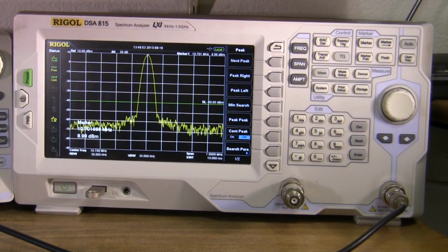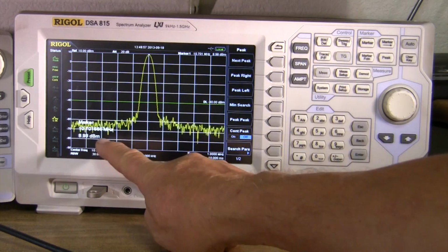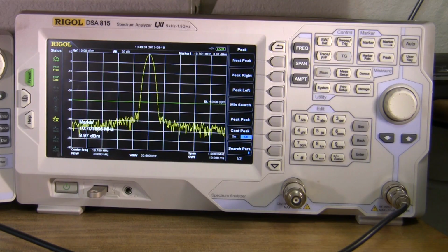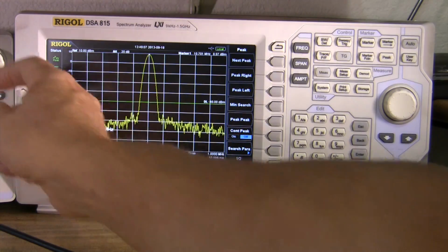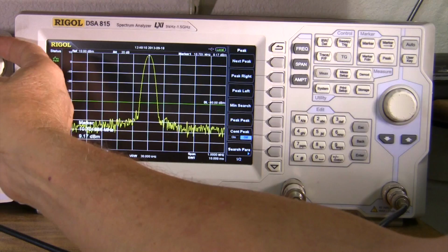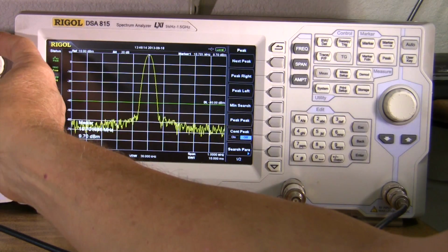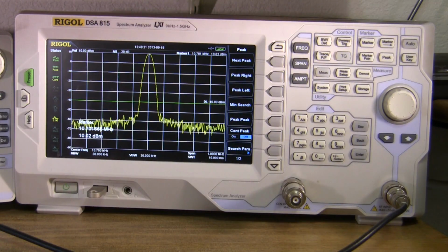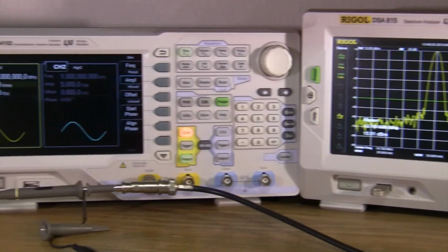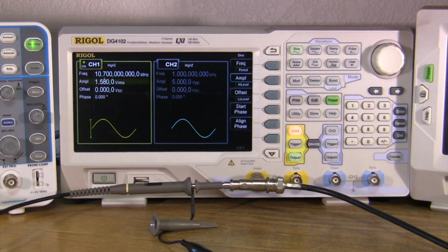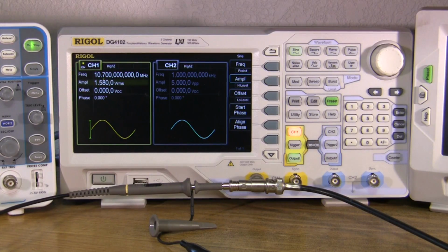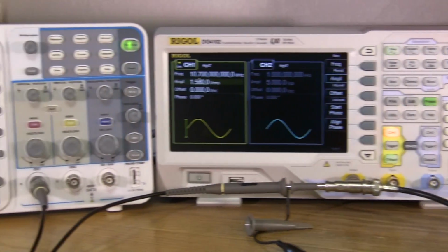Okay, so we're at 8.98 dBm. Oh, that's interesting. Oh, I needed my glasses fixed. Okay, let's run this up to 10. There's 10.02. That's pretty close. So 10.02 dBm, which is actually 1.58 according to the output shown on this screen. But we sort of suspect that that isn't quite correct because of the impedance loading that's going on. Then we'll go over here and we'll see that we do have a carrier,